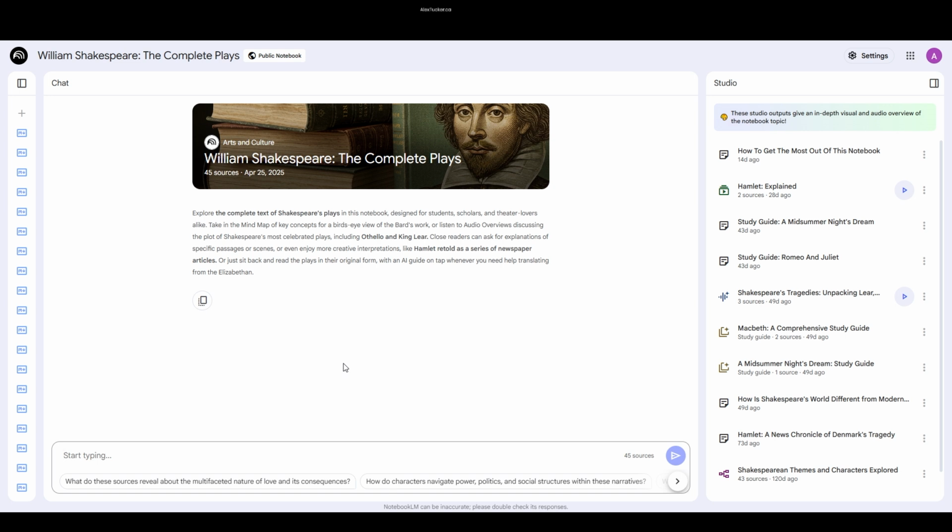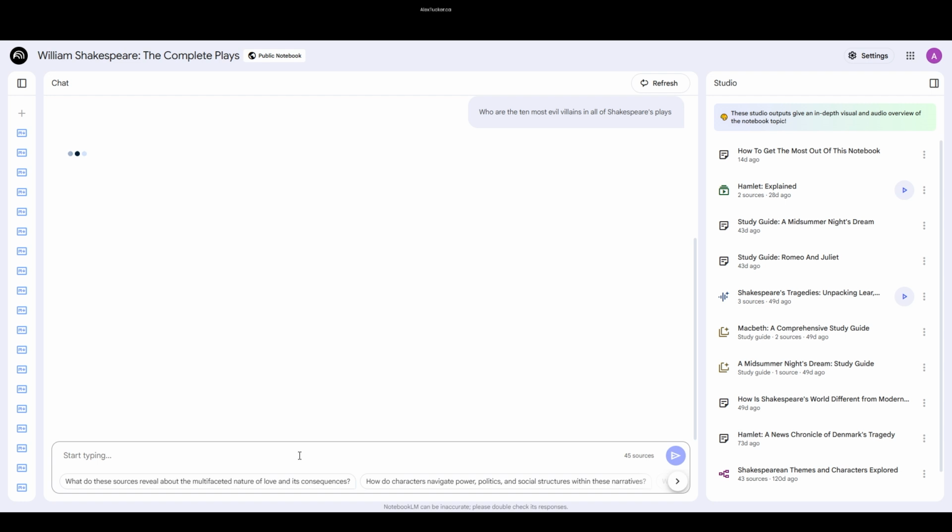So most of its outputs are going to be very long and include a lot of details, different types of information breakdowns. And I'll do a quick example here so we can see what happens. I asked it, who are the 10 most evil villains in all of Shakespeare's plays? And like I mentioned, it probably is going to think for a while. So we'll go over to the right-hand column